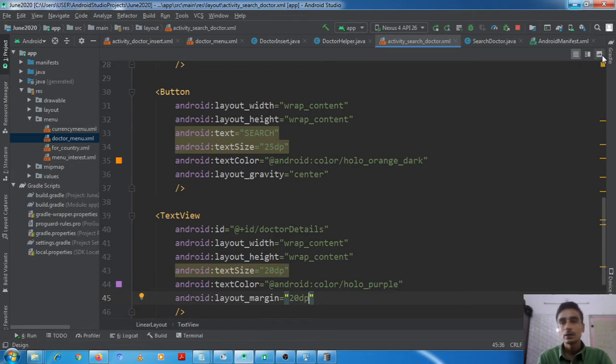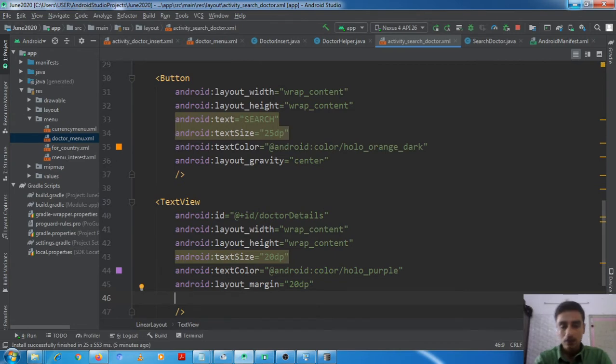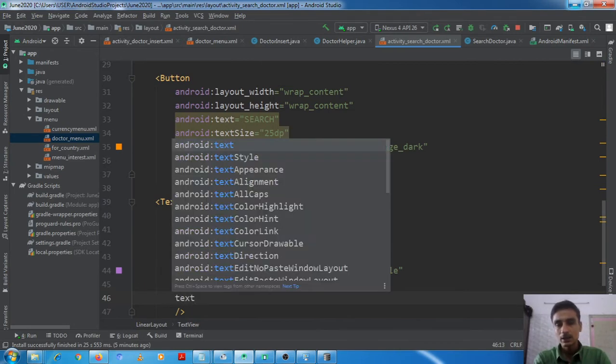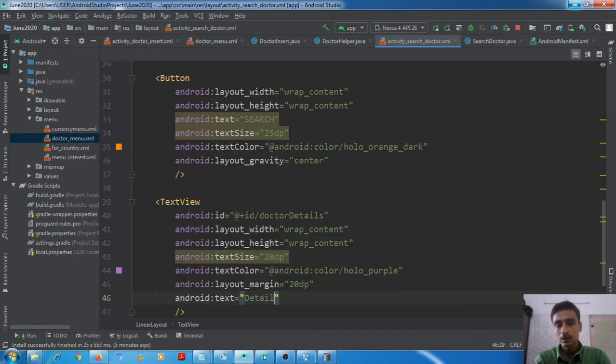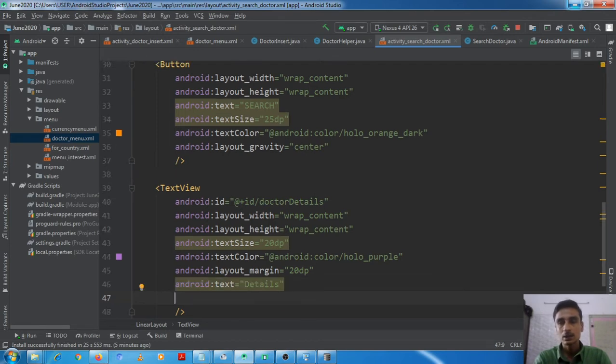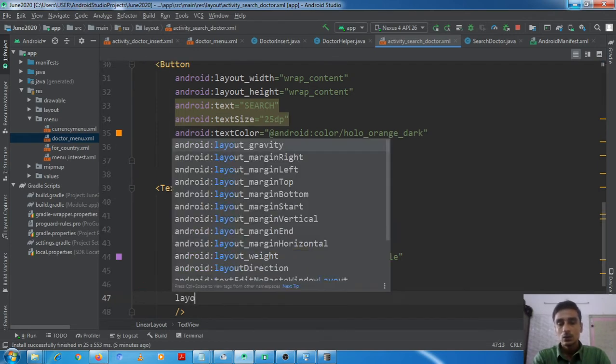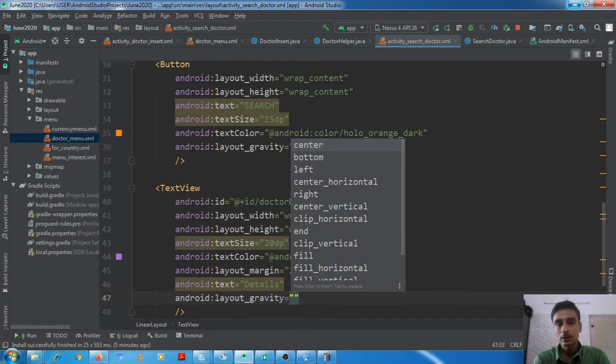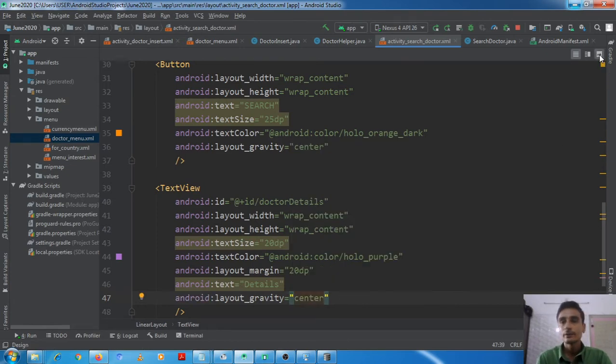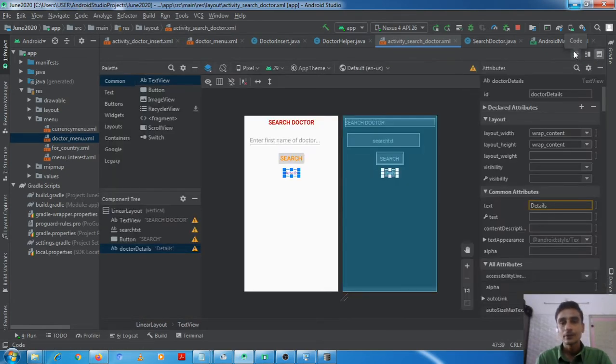Okay, and we can set details as default text, layout gravity center. Okay, now